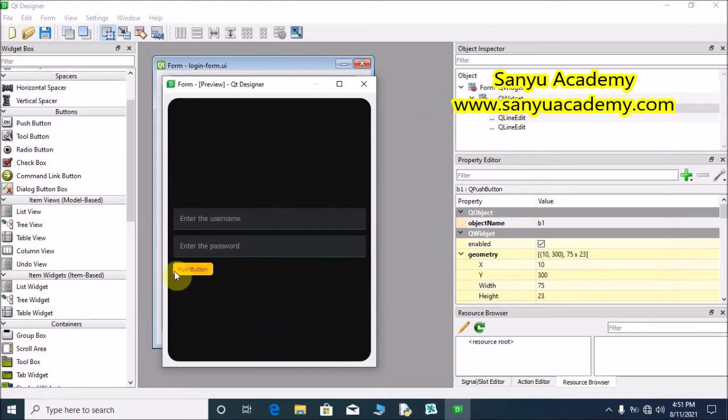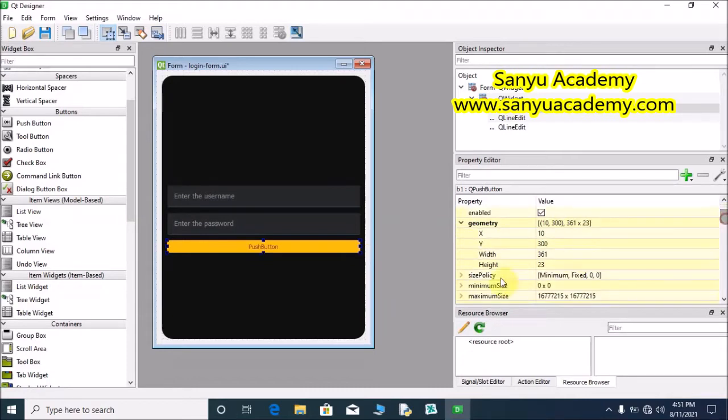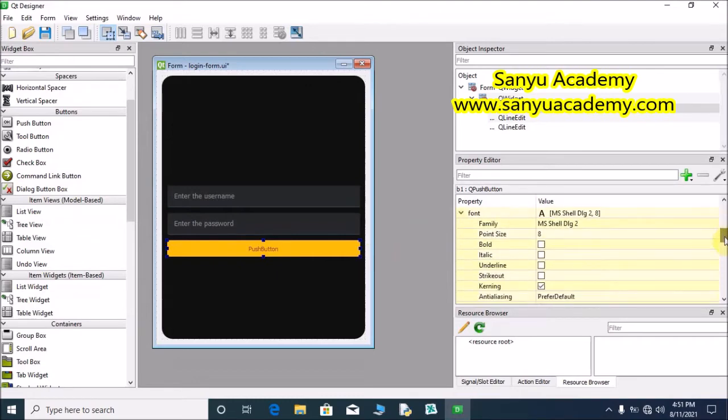Now we have to extend the button to the full width. Close the preview. Select the button. Extend it to the last, and make the button height 30. And change the button font size, make it 10 and make it bold.